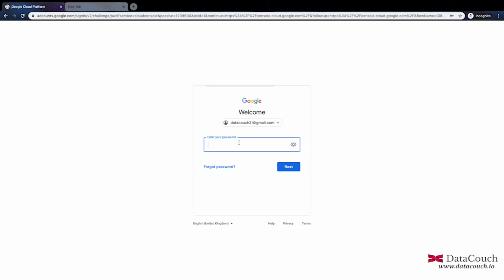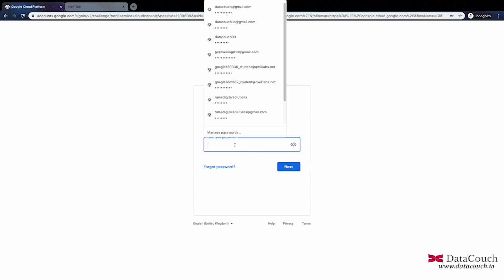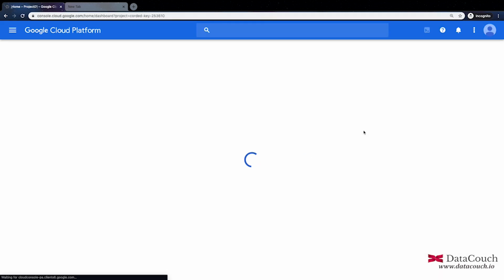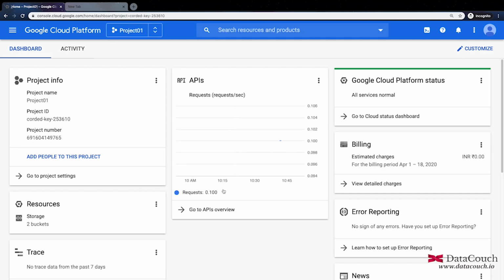After that, once you log in here, so let's do it. Once you log in, you will get a dashboard, and this is the Google Cloud Platform dashboard. Here you can see which APIs are running, the project related details, the storage buckets, and you can see the status, billing and other information. You can get this information here. Now you can see the project is by default already selected, so I'm not doing any change there.